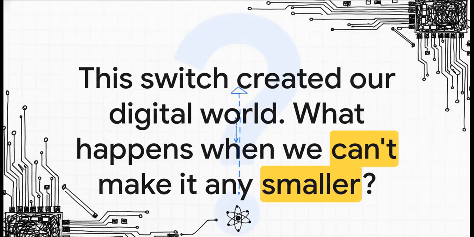So there you have it. We went from a simple switch controlled by an electric field to this revolutionary power-saving duo that literally powers our world. We've built everything, our entire modern society, by cramming billions and billions of these things onto tiny chips of silicon. But as we keep shrinking them, down to the very edge of what's physically possible, you have to wonder, what happens when we just can't make them